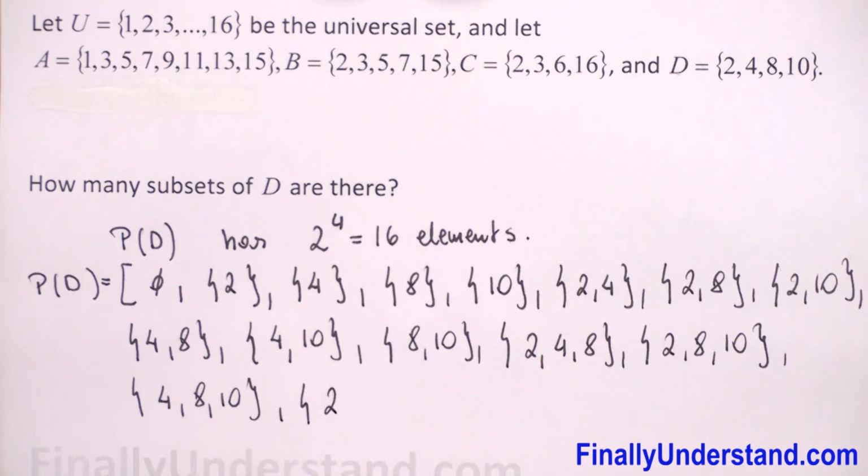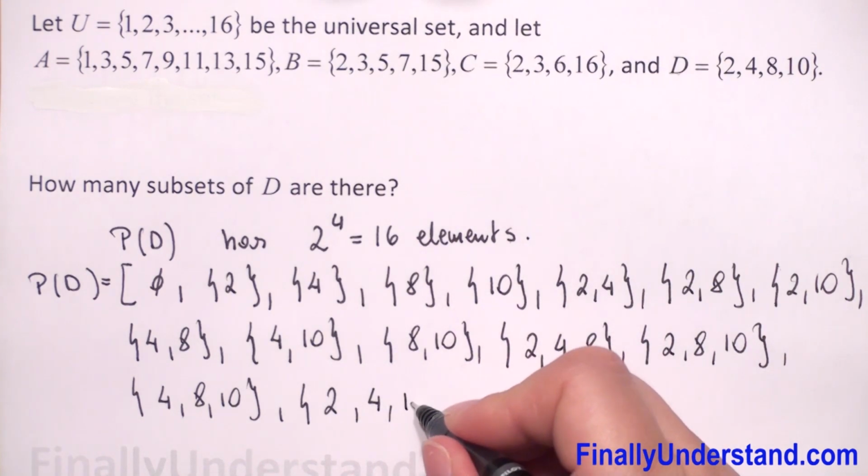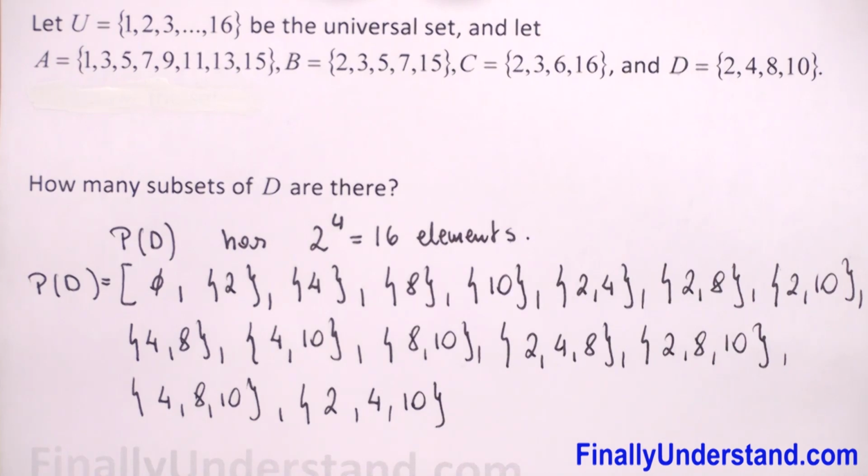We can have 2 with 4, 8 and 8 and 10, but we don't have the combination 2 with 4 and 10, and the last is